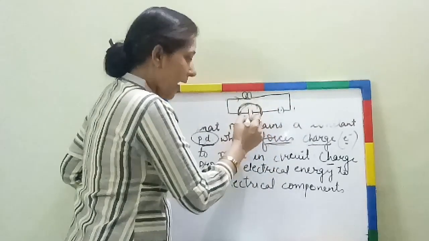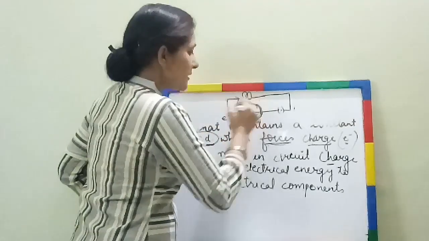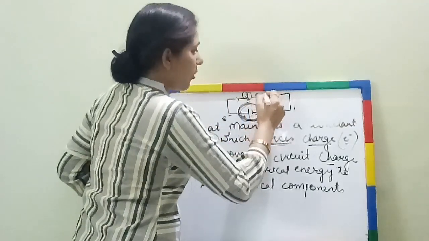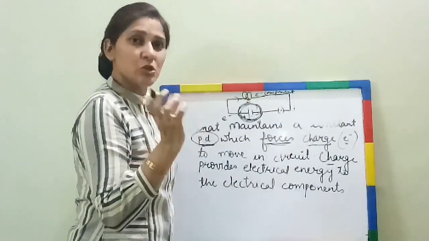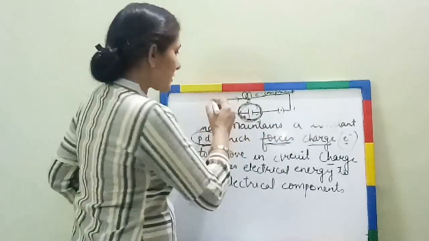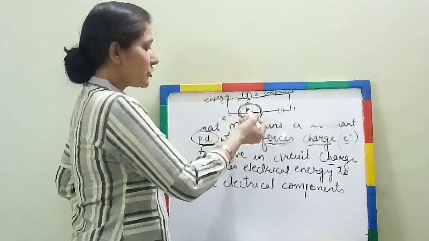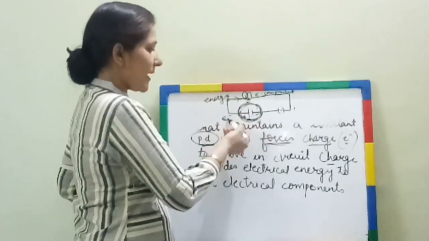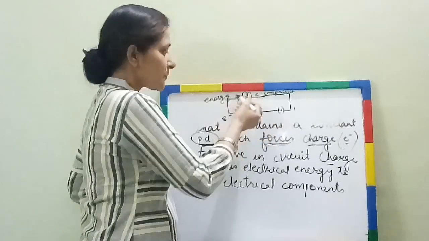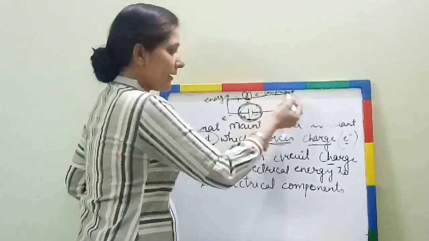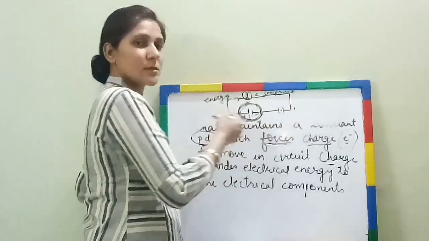Here you are working as electrons, the shop is working as the electrical component, and the money is working as energy, right? Electrons are collecting energy from here, spending the energy here, and then coming back to the cell again to collect the energy, and then it goes this way.